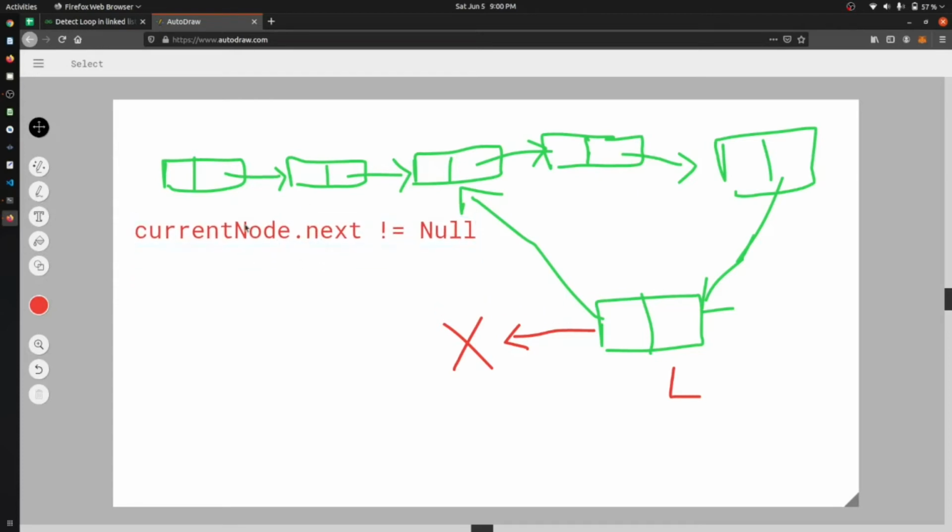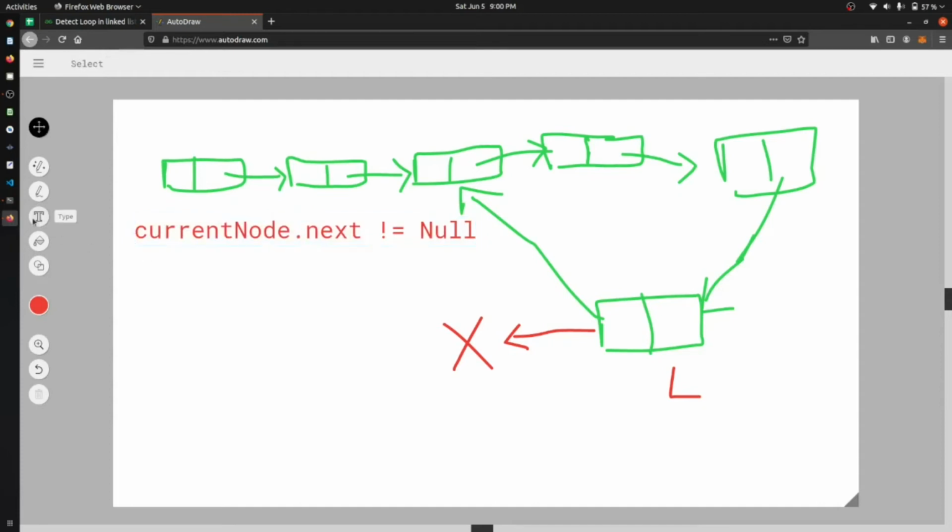Okay, I'm not gonna explain this thing because I think it is the easiest way to do that. I'm gonna show you one more advanced way. Okay, I'm gonna explain this question in 2 different videos. I'm gonna explain this simple algorithm in this video, and I'm gonna make a new video with the help of an algorithm that is already present there. Okay, so in this video we are not gonna use the check that the current node dot next is double equal to null.